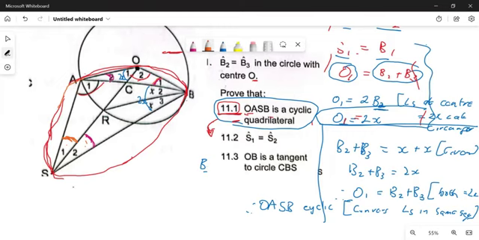Again, what is my reason behind it? S1 is equal to B1. What will be our reason behind it? Angles in the same segment. Yes, okay. And then the other thing that we also know is this one. We'll start with the things that we know for sure. We know that